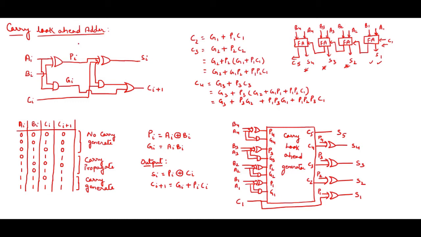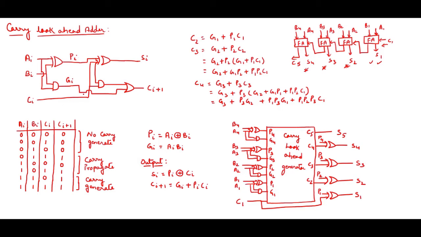To understand this, we have taken a simple full adder circuit using two half adders. You can see this is a half adder, this is a half adder, and this is an OR gate. By this time we are clear with full adder and half adder. If you are not, then you can refer to my earlier videos. In general I have taken Ai and Bi as the input. Ai and Bi give me the sum, which I am representing as Pi, because this is to be propagated to get the final sum. So this Pi is called propagate. And here I am getting Gi, generate. Why it is propagate and why generate, I will come to that. So I am getting a carry generate and a sum which is going to be propagated.